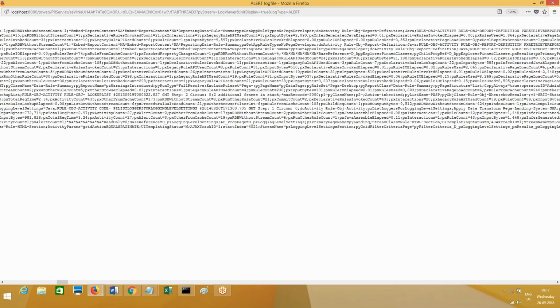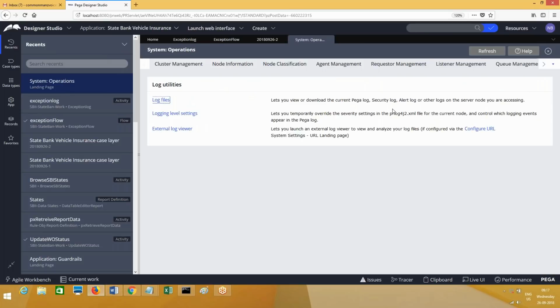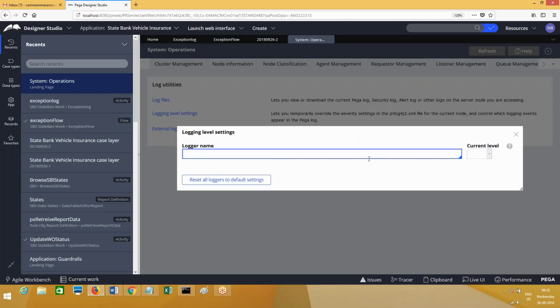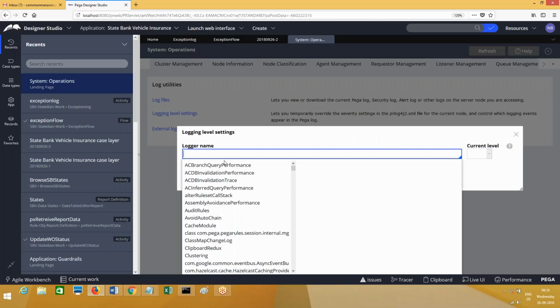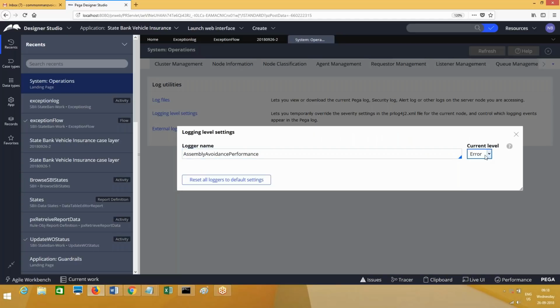See, alert logs will hold the queries, the DB queries that are running. Suppose you find a database issue, and you want to see which query is executing, which logs will you go to? Alert logs. If you give the alert level, alert level queries will also be logged. Other than that, there are main things which we need to know, not everything. So the next one is debug.